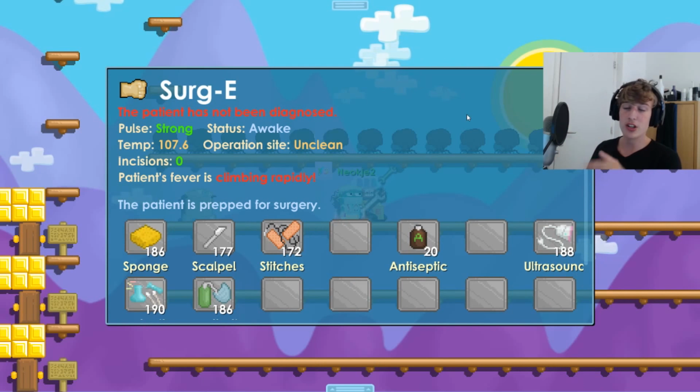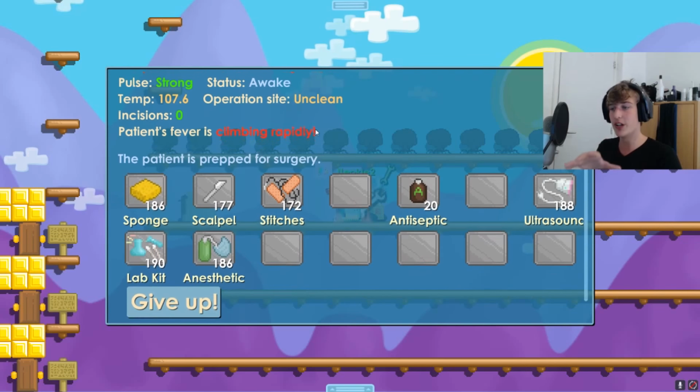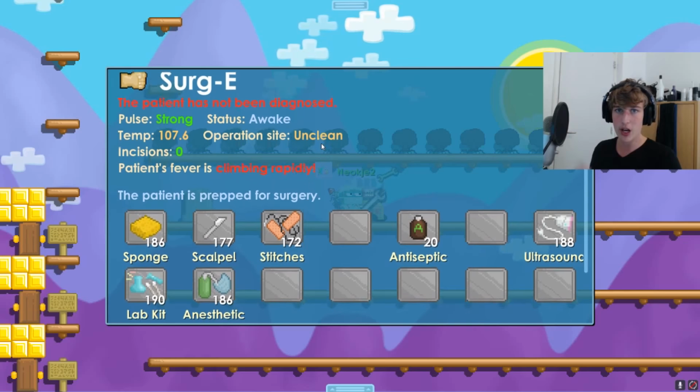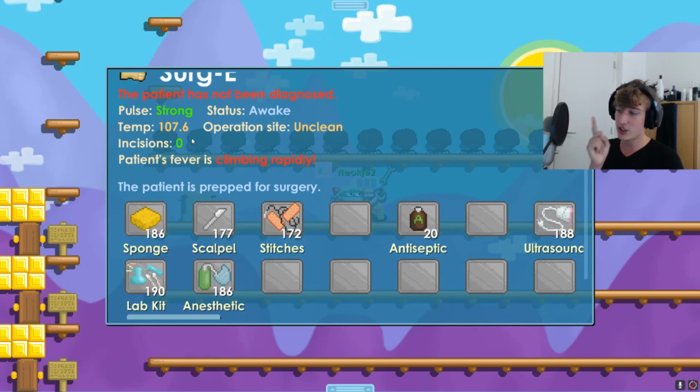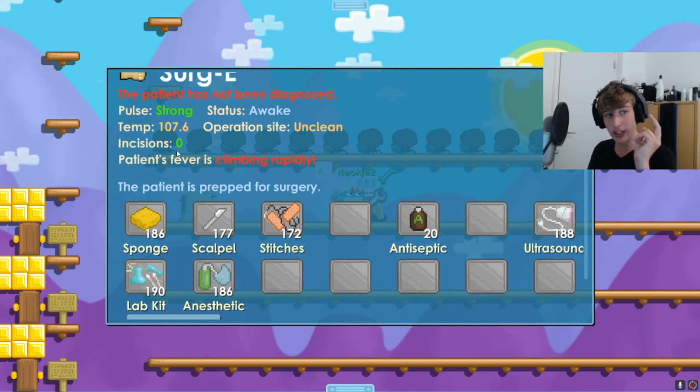Alright, here we are at another interesting scenario. This is high temperature combined with rapidly climbing fever. This is the start scenario. This means your patient has bird flu. You don't need to use any ultrasound for this. But what you need to make sure of is, as soon as you see this, start by getting the antibiotics ready. That's the only thing you need to do, because in 2 turns your patient's temperature will be too high,